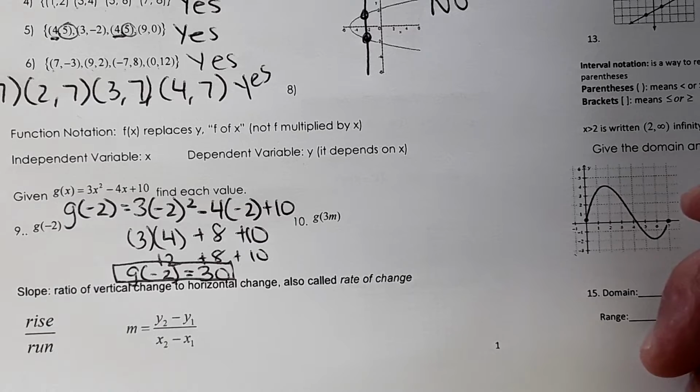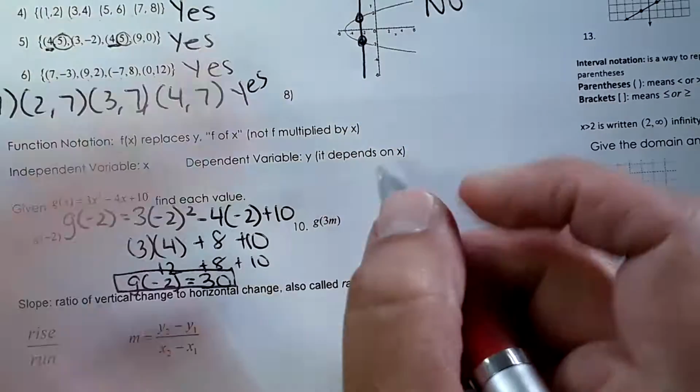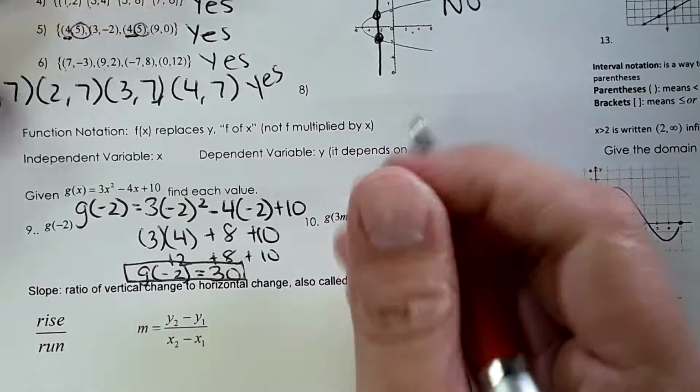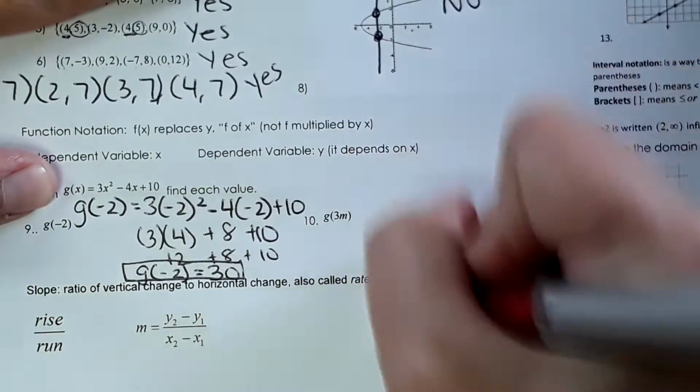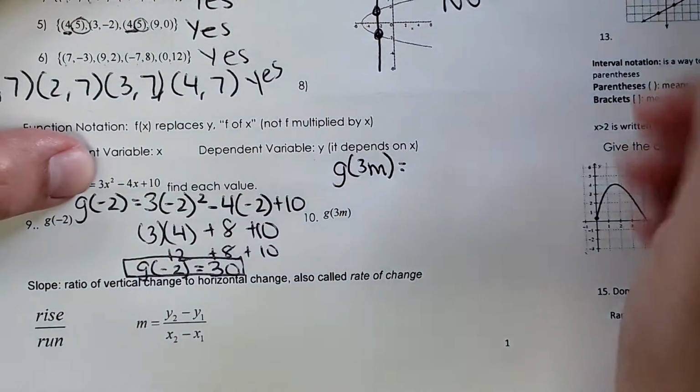Okay, for number 10, g of 3m. So for this, we're going to plug in 3m for x. I'm going to start it up here to give myself more room. G of 3m equals